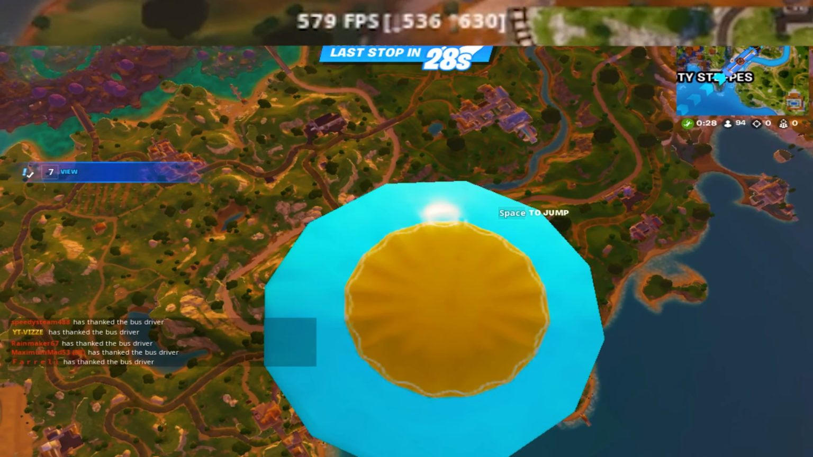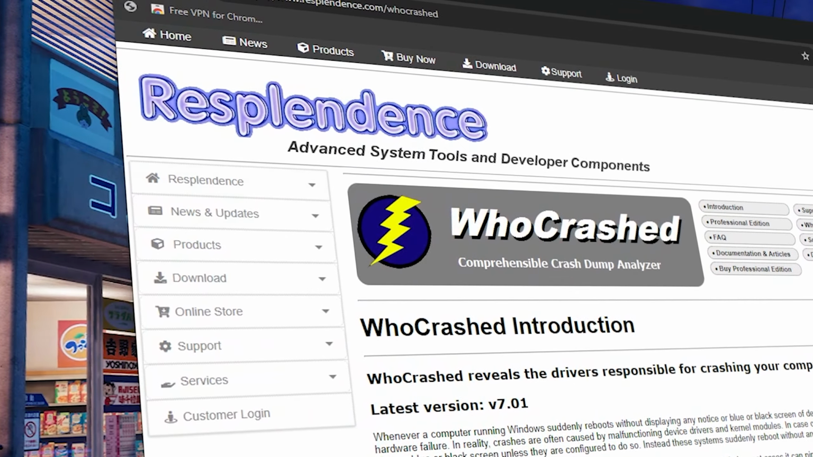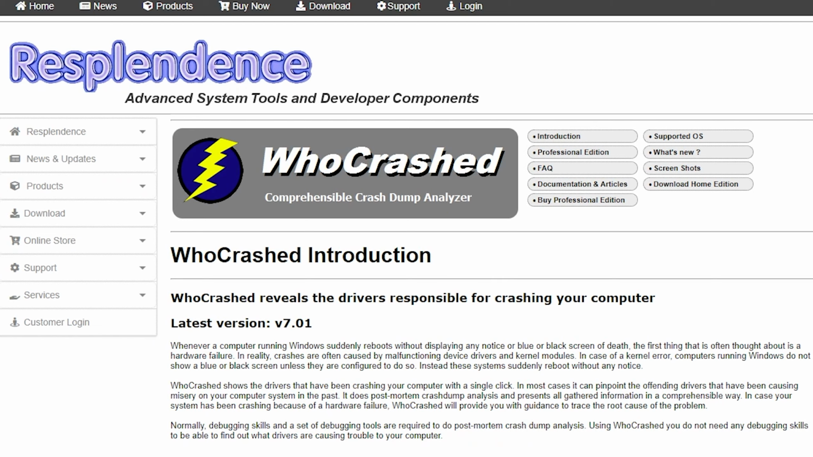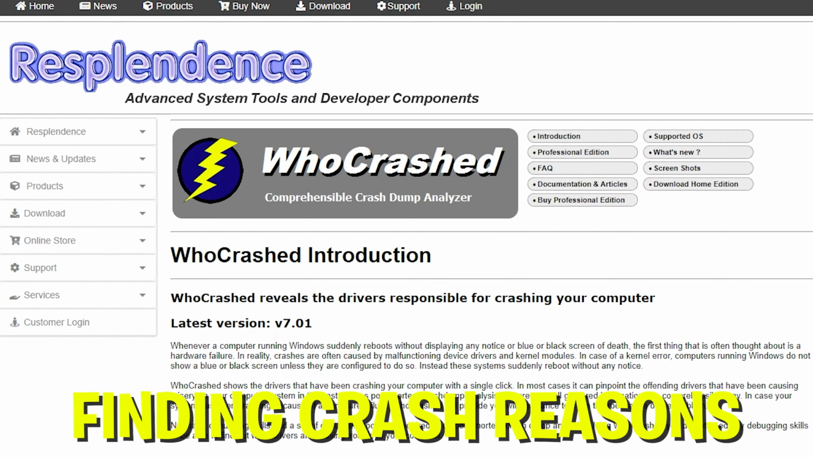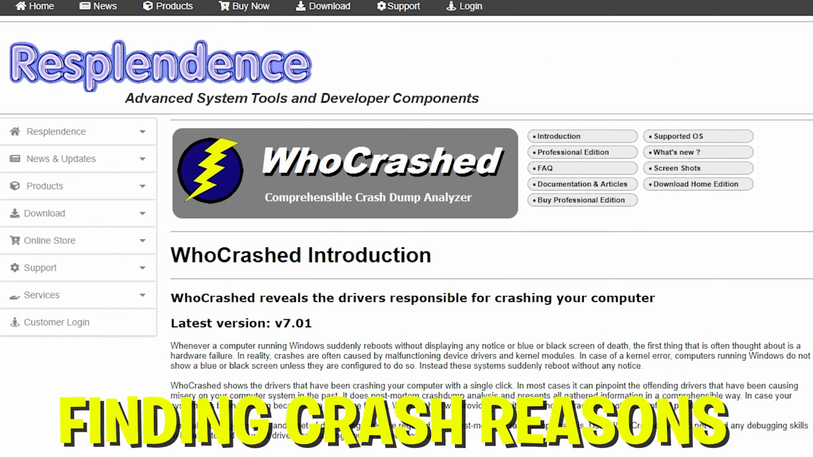After the latest update, everyone has low FPS, so let me show you how to fix this. In the first place, guys, we're going to take a look at a very handy tool. It's called WhoCrashed, and you can already read from the title that it's a crash dump analyzer. The best part about this tool, by the way, link in the video description, is that